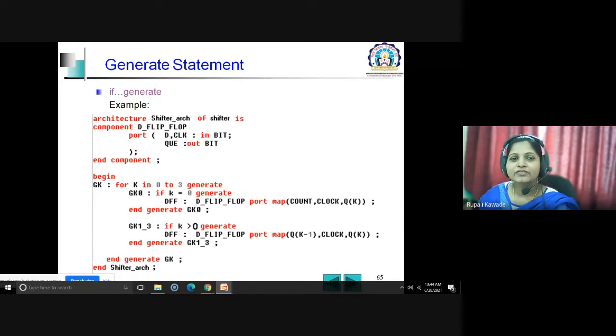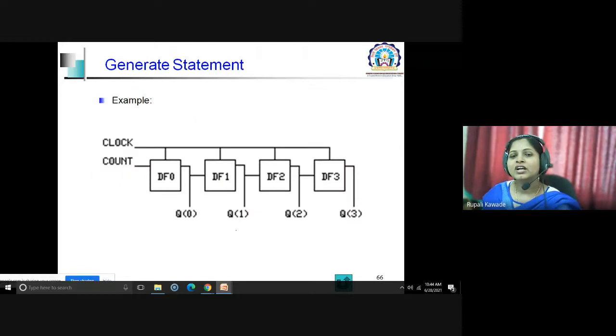Similarly, there is an if generate. In if generate, what you can do here is, if K greater than 0, means if some condition is true, then generate this D flip flop. So based on the condition, it will generate either zero or only one copy of the D flip flop.